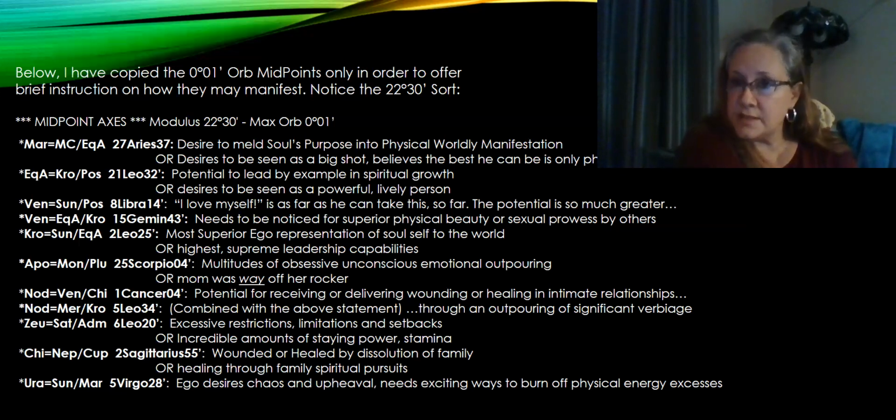Mercury Chronos. This is the 22.5-degree sort. This is how we narrow that down. So the midpoint is at 5 Leo there. And if you combine it to the Venus Chiron, which is what you can do with these equations, because that's what they are, you could say potential for receiving or delivering wounding or healing in intimate relationships through an outpouring